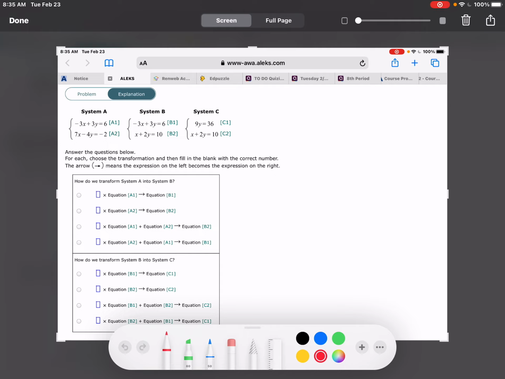So we know that we probably multiplied the bottom, x plus 2y equals 10, by something, I'm guessing a positive 3, because, here we go,